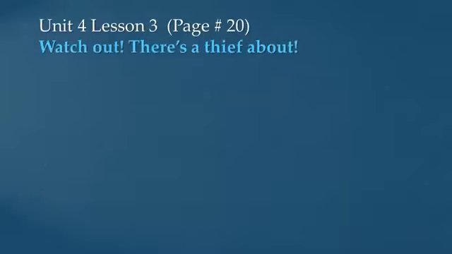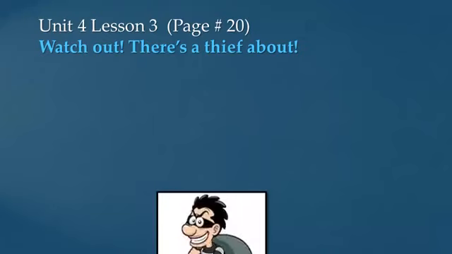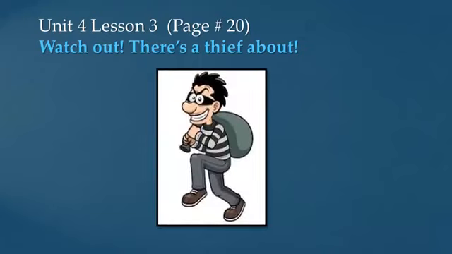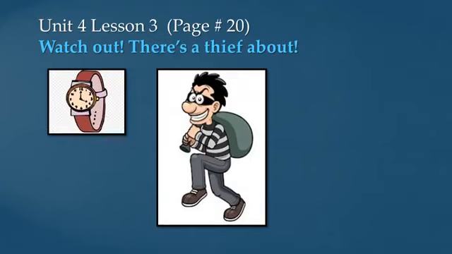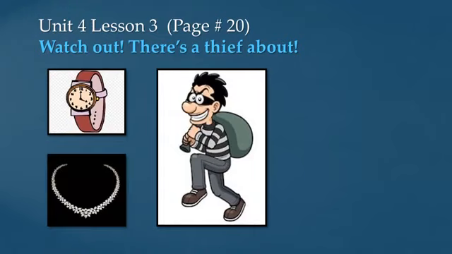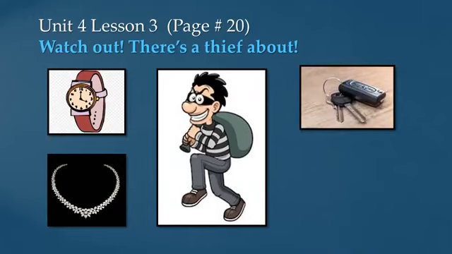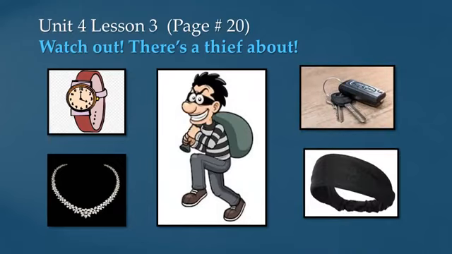See unit number 4, lesson number 3 and see this article, Watch out, there's a thief about. Students, now listen carefully. I'll read these paragraphs line by line and I'll give a brief explanation. Okay, the people of Austin are worried because they think there's a thief in their town. And Austin is a place in the United Kingdom near Birmingham City. So people of Austin, they're really worried.